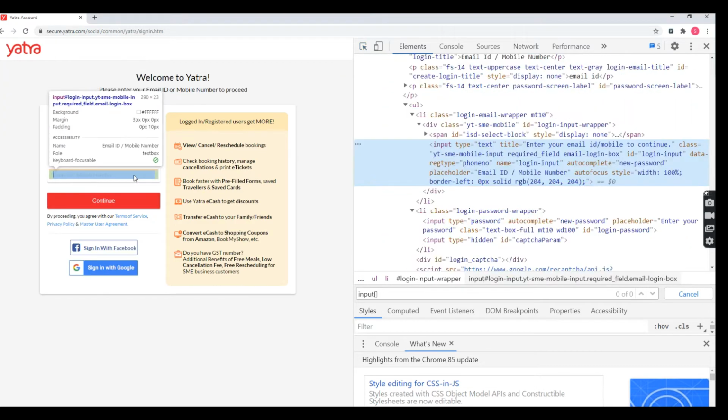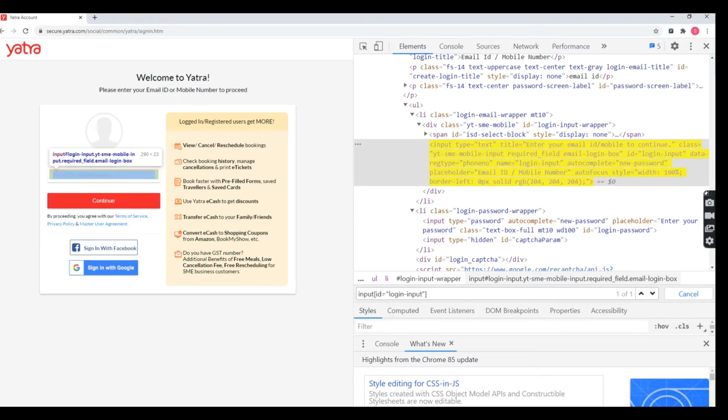Here first I'm going to mention the ID locator, so it will be highlighted. I didn't mention any at symbol; I just simply mention the tag name and attribute value. Again I'm going to mention what is available, the name attribute.